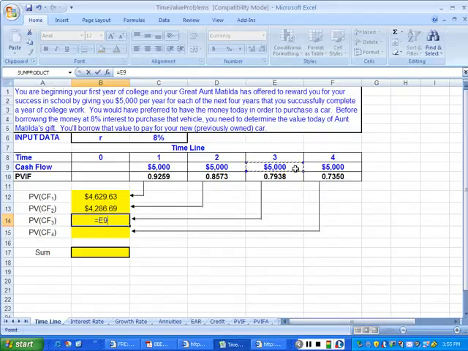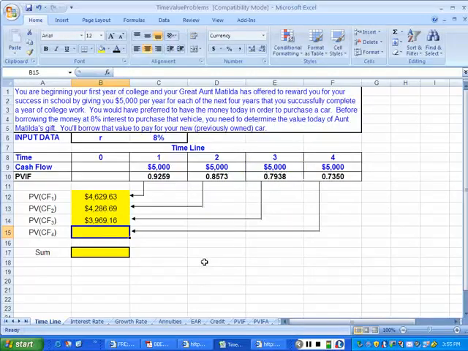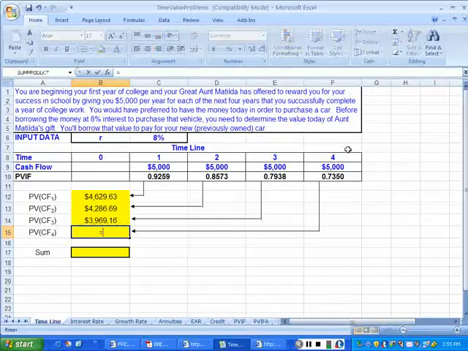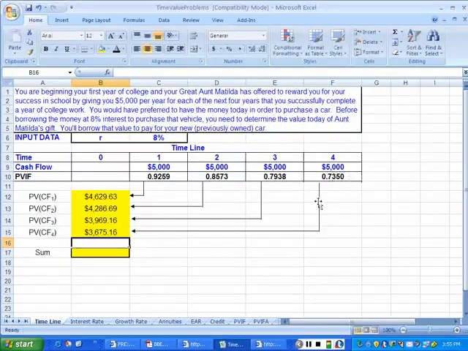The 5,000 3 years from now, when multiplied by its discount factor, is worth $3,969.16 today. And finally, the 5,000 4 years from now, when multiplied by its discount factor, is worth